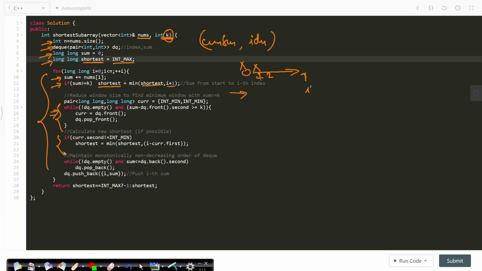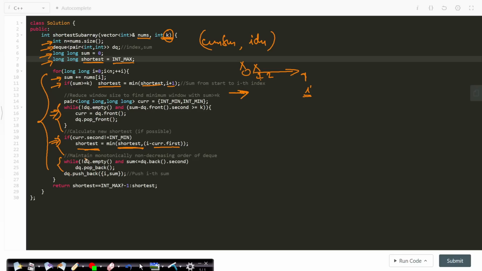So this condition here checks if you have popped out any element. If you have compressed by any element, then the last popped item will be the starting index, and ith item will be the ending index of the current subarray, and you have to compare it with the shortest subarray already found and take the minimum of these two and store in the shortest. Okay, so you have to dry run this code in order to understand it properly.